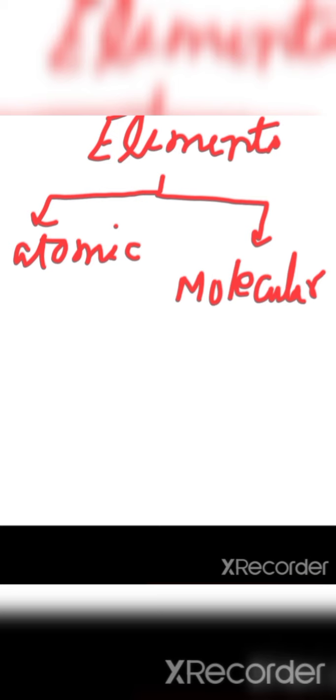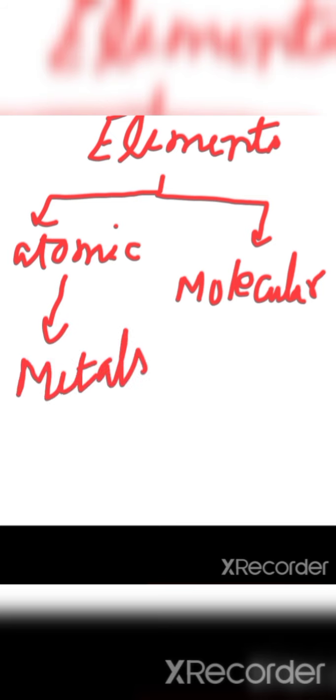Elements are again of two types, atomic and molecular. Atomic are only metals. All metals are atomic in nature. What is the symbol of Na? Sodium, Na. Mg,